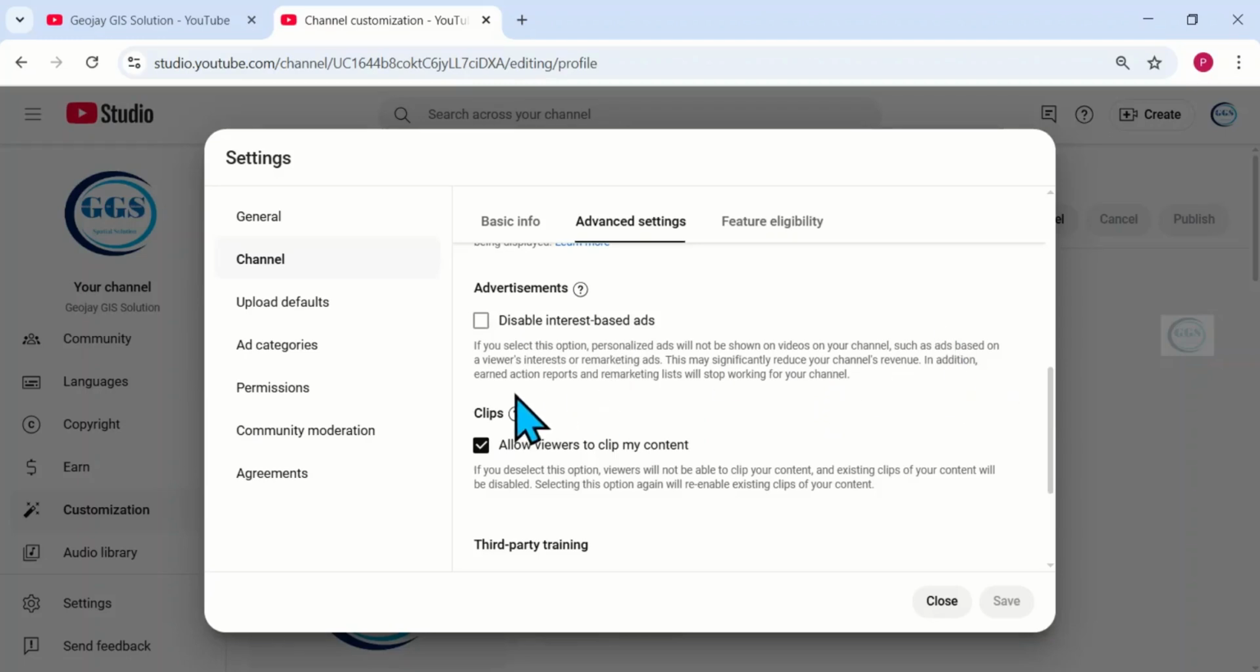In addition, earn action reports and remarketing lists will stop working for your channel. So if this option is checked in your channel, it will drastically reduce your revenue. So if you notice that your revenue is not corresponding to your views or your performance on YouTube, kindly come and turn off or uncheck this option, because YouTube stated that if you select this option, this may significantly reduce